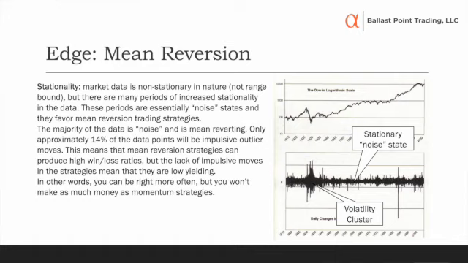And that's what's called a noise state. The market is more often obviously in a noise state than it is in an impulsive state or a trending state, or it's in feedback loops and that kind of stuff. So again, you can be right a lot, you just won't make a lot of money with it.